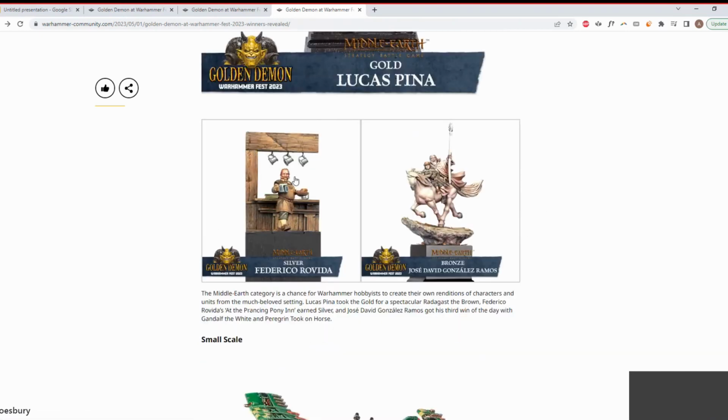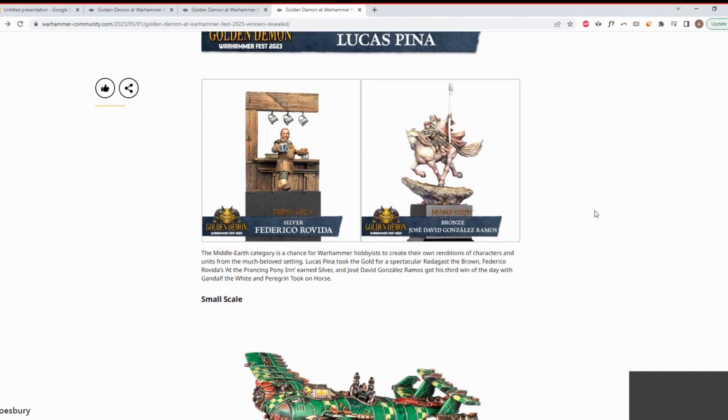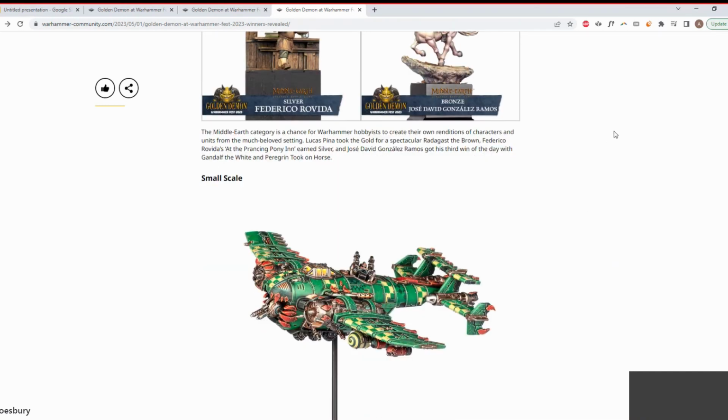We've got the Barliman there, and Gandalf with Pippin on Shadowfax. That's a beautifully rendered one. We won't go into that too much. But yeah, so small scale was